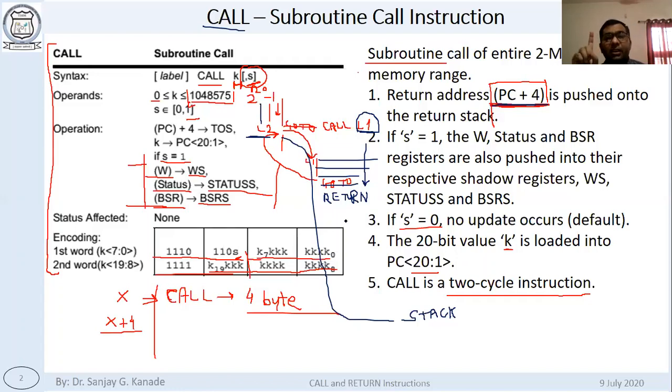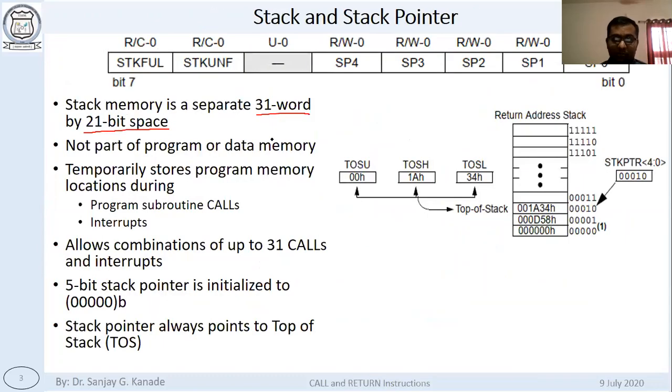If you have that return instruction, only then will the automatic tracking of the addresses, or of the program execution, take place. If we do not write the return instruction at the end of the subroutine, then after execution of the subroutine, we will not be able to come back to the original program. If we want to come back to the original program, we must write the return instruction.